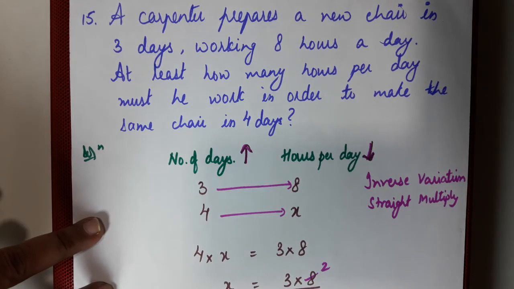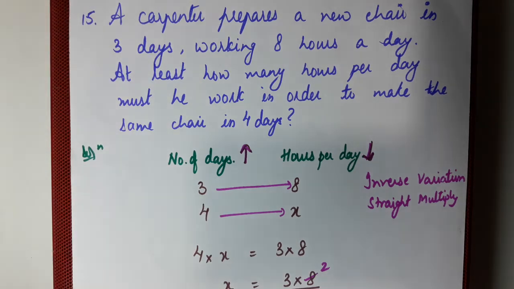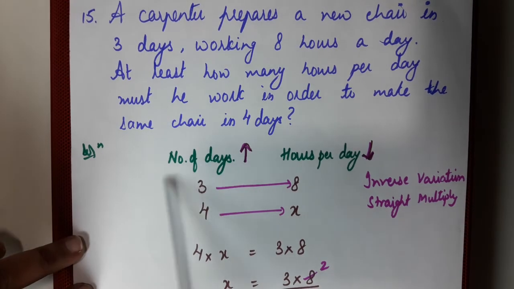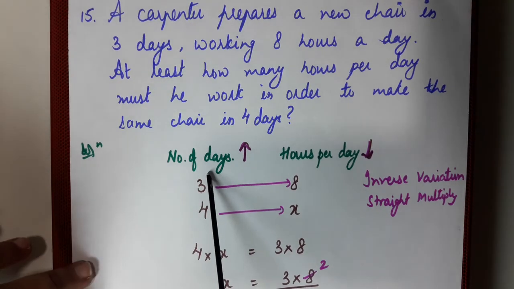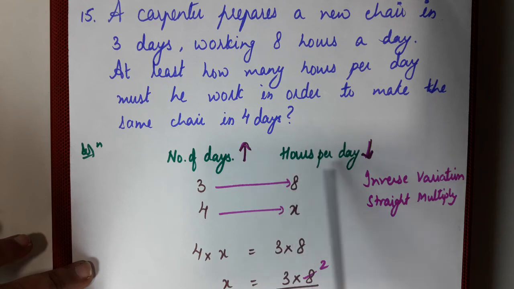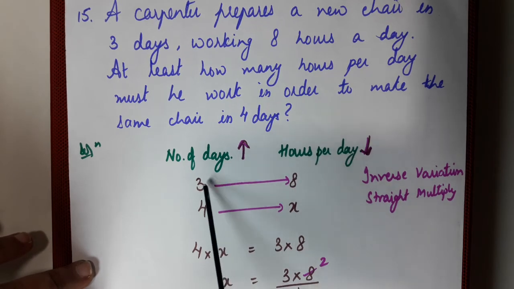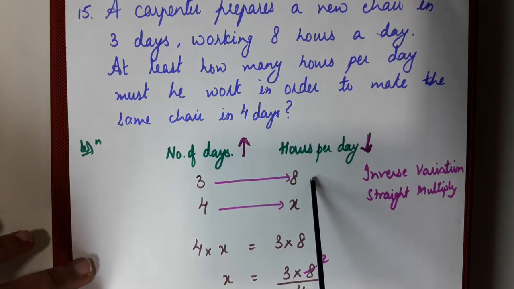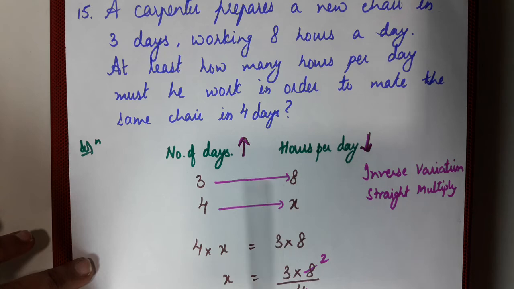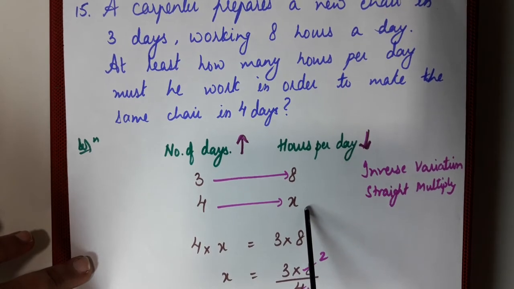Next, question number 15. A carpenter prepares a new chair in 3 days, working 8 hours a day. At least how many hours per day must he work in order to make the same chair in 4 days? Okay, so what are the two key words here? The number of days required for completion of work and the number of hours per day the man is working. Okay, so when he is working for 3 days, he works 8 hours per day to complete the task. Now if he has to complete the chair in 4 days, how many hours per day should he spend working